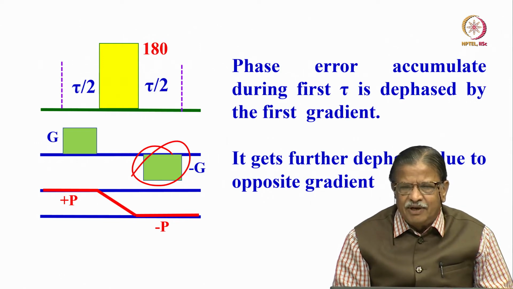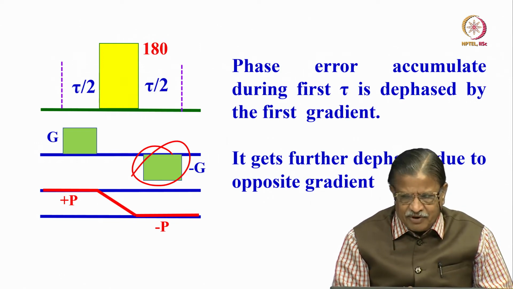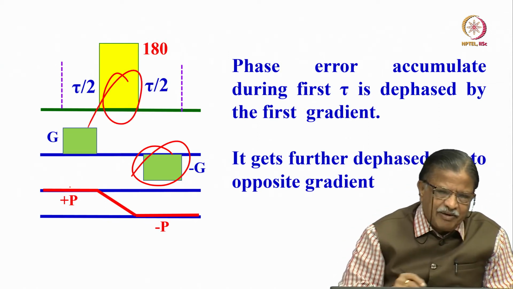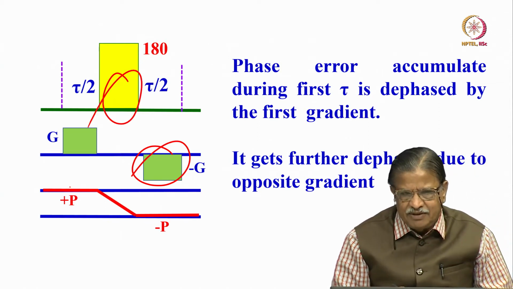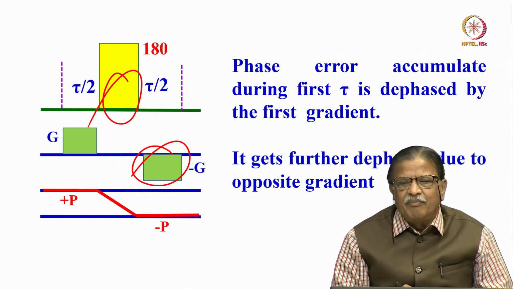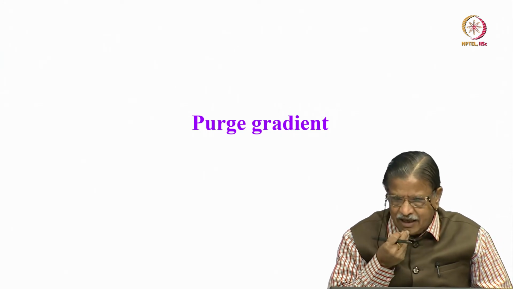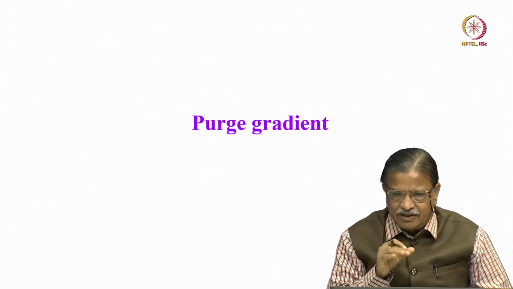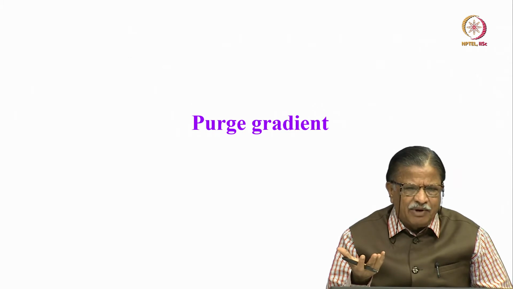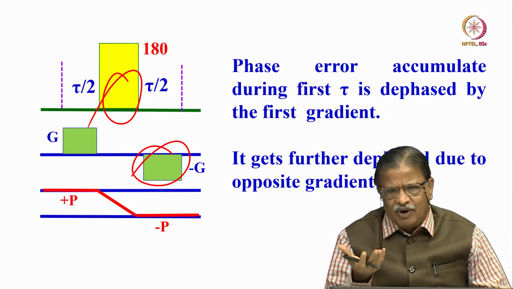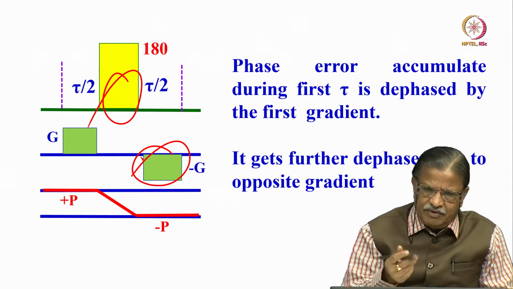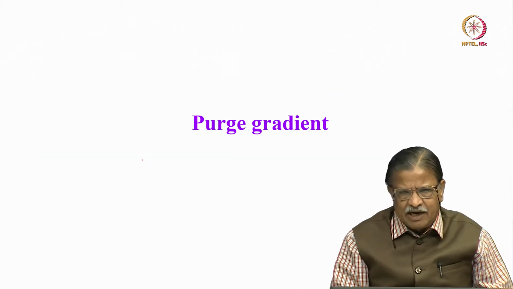So what is going to happen? All the phase errors which are present because of the evolution of J coupling and offset during the gradient pulse will be completely removed. So these are all important things. How do you eliminate the phase error? Like an echo-like sequence. Of course, you can have the gradient pulse only once, or before and after, either of them. Both methods can be adopted.